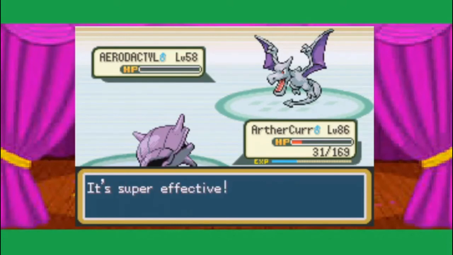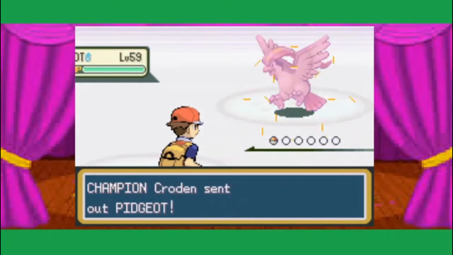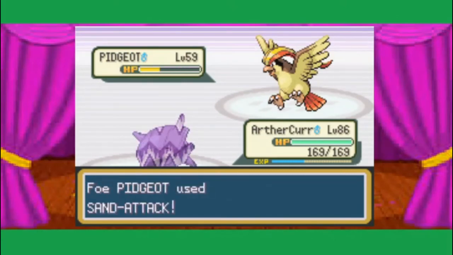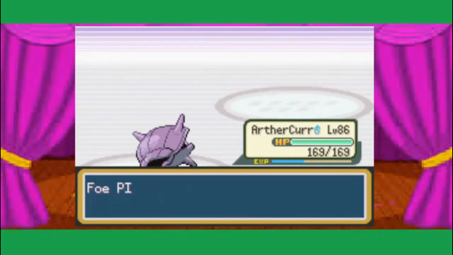Next up is the Pokemon Champion. This is the final chance to comment down below and let me know if I can do this or not. Let's do this. Gary sends out Pidgeot. We land an Ice Beam as it uses Sand Attack. We then land a Return for the knockout, but Venusaur one-shots us with a Solar Beam